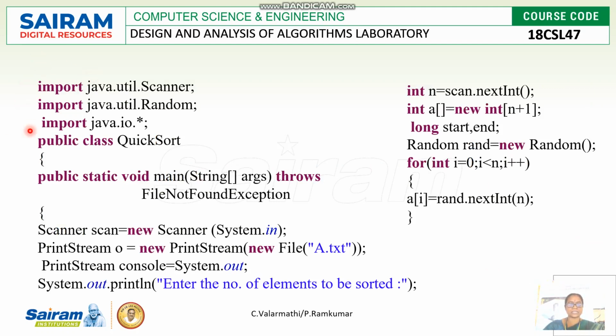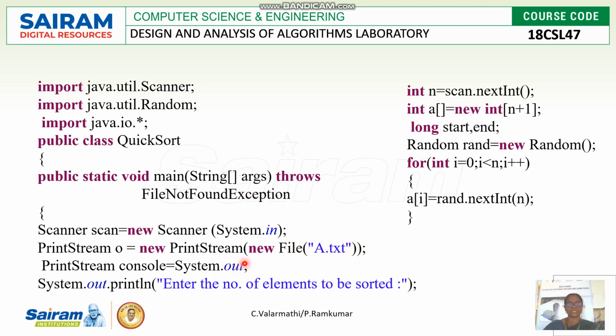Here, the first part is importing the necessary packages. Then we start the class called quicksort. In the main method of quicksort, we have a Scanner class to get the inputs from the user, and a PrintStream to create a new file called a.txt, where the generated numbers will first be printed, then the quicksort will be performed, and after that the sorted elements will be printed in the a.txt file.